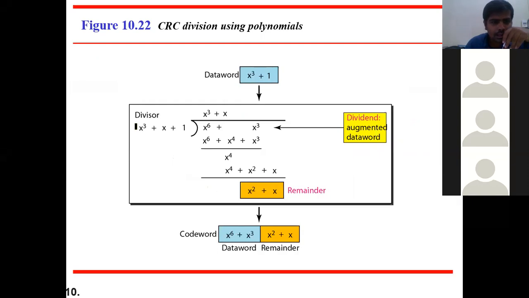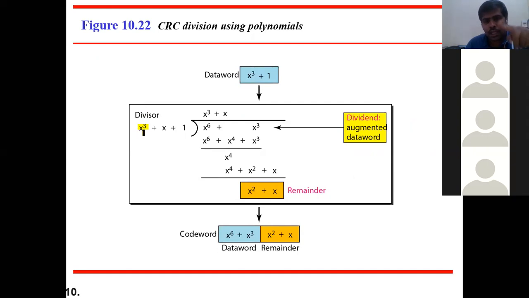So the highest coefficient of the divisor is x cube. In the previous case, how many zeros we used to add? If it is a CRC, n minus 1 number of zeros we used to add. But in this case, zeros we are not going to add. We are going to add the coefficient, that is whatever the coefficient of the divisor is. Because there, n minus 1, why did you do it? If the data bits are 4, then 3 we used to take. In this case, already this coefficient is 1 less than the original data bits. So whatever the highest coefficient is in the divisor, that should be multiplied to your data.